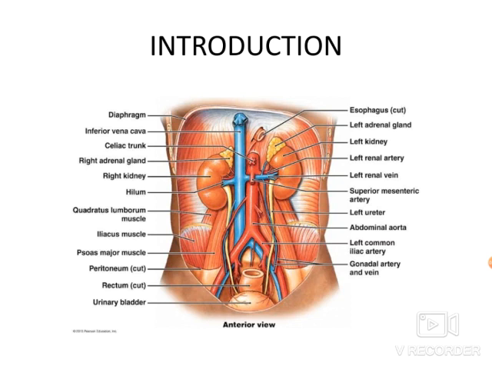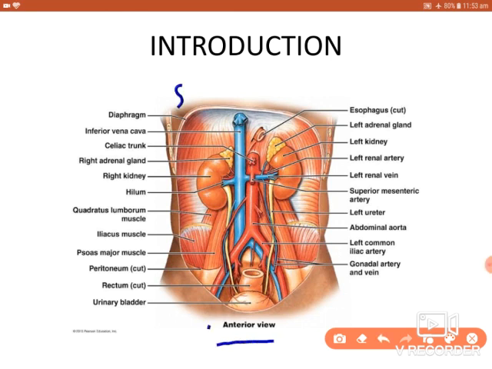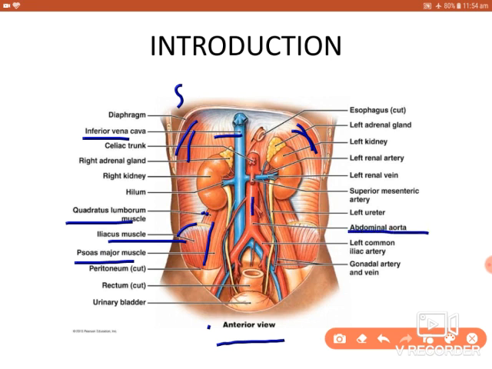In this figure, what you're seeing is the posterior abdominal wall. This is superior, this is inferior, and this is the anterior view. Superiorly you can see the diaphragm, then the posterior abdominal wall muscles. Medial most is the psoas major, lateral to that is the quadratus lumborum, then the iliac crest, where we get the iliacus muscle. Medially, the blue one is the inferior vena cava, then we get the abdominal aorta, which divides into the right